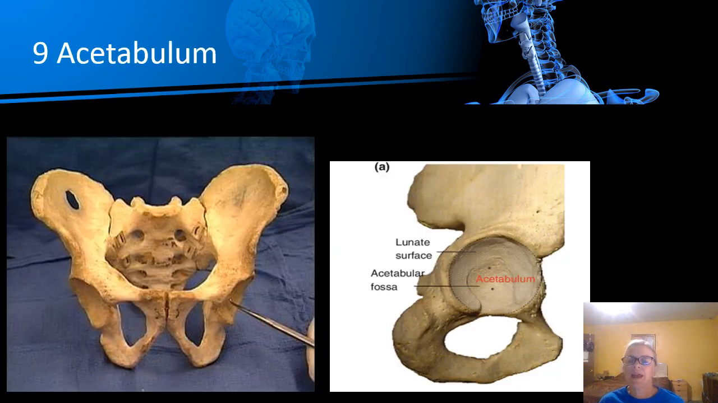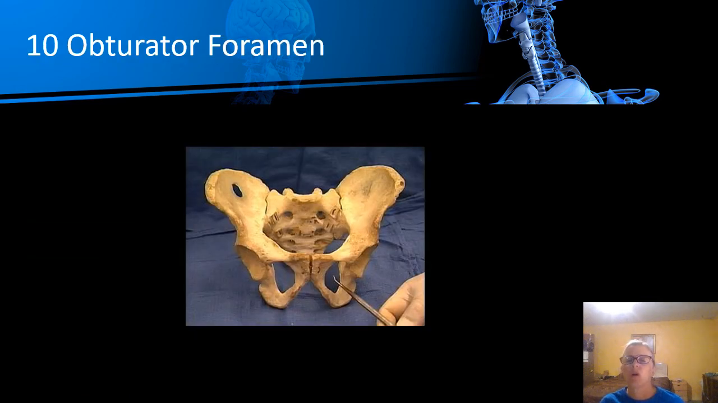So this is the acetabulum, and this is where the head of the femur actually does articulate with your hip bone. If you want to call it hip bone, we're in the lecture, we can. And then next we have the very large foramen, and that's the obturator foramen. And so that's on both sides. Of course, it's bilateral. It's a large opening